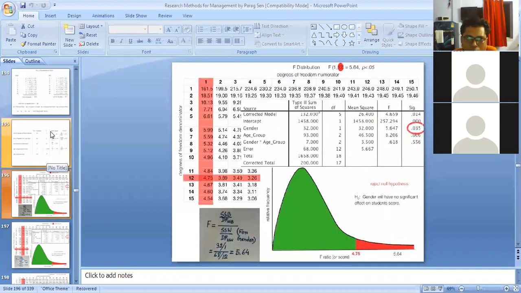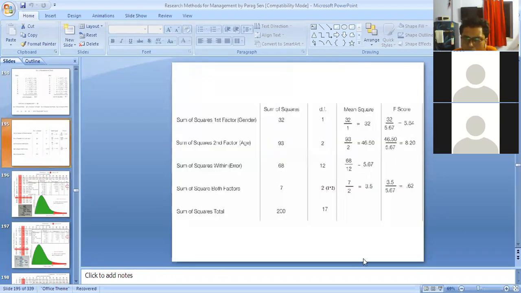And you can see, so what will be the result? The time is going to finish. The remaining time is just 2 minutes. Okay, so let me discuss that. You don't need to do this manually. And also you don't need to look at the F scores, because the p values will be given, and from the p values you can very easily understand which particular hypothesis needs to be rejected,